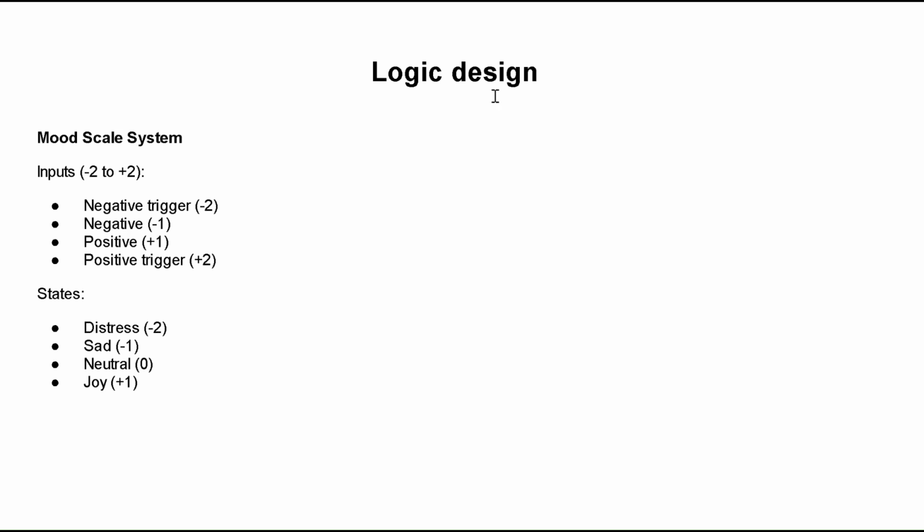So here is the logic design that I created for my machine. To represent human mood, the input, state, and output value, I chose the method of scaling them to a range of decimal values. As you can see here, the input I would scale from -2 to +2, and the state would scale from -2 to 1. So all the inputs represent the human mood, and the state in the machine is also scaled to a range of decimal values. Each state will always transition to another state by combining the value of the current human mood with the input given to move to the next state, and so on. In addition, the section below will describe additional conditions and rules in the logic.